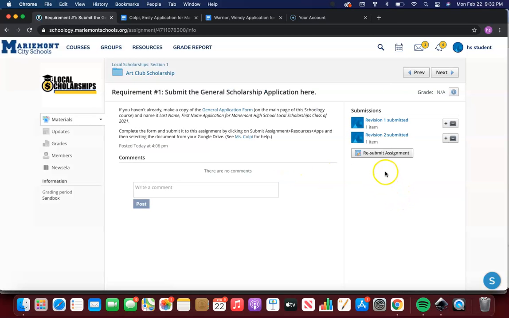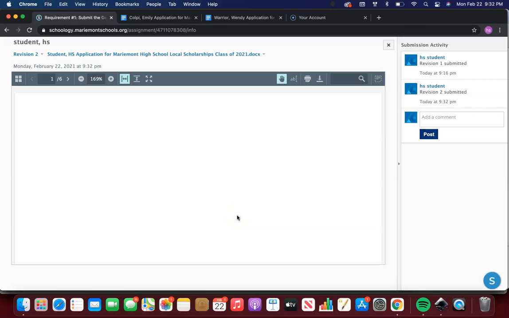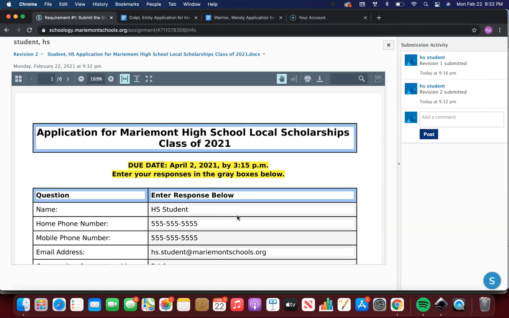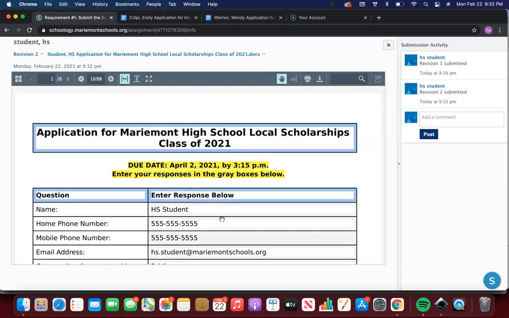Okay, so now it's submitted. I'm going to actually check mine was revision 2. I'm going to make sure this is the document I really wanted. I would do this every single time you apply for a scholarship. Go check and make sure it's the one you actually intended. So this is my actual scholarship application. So after that, I just have to go back and make sure I did all the different requirements for that